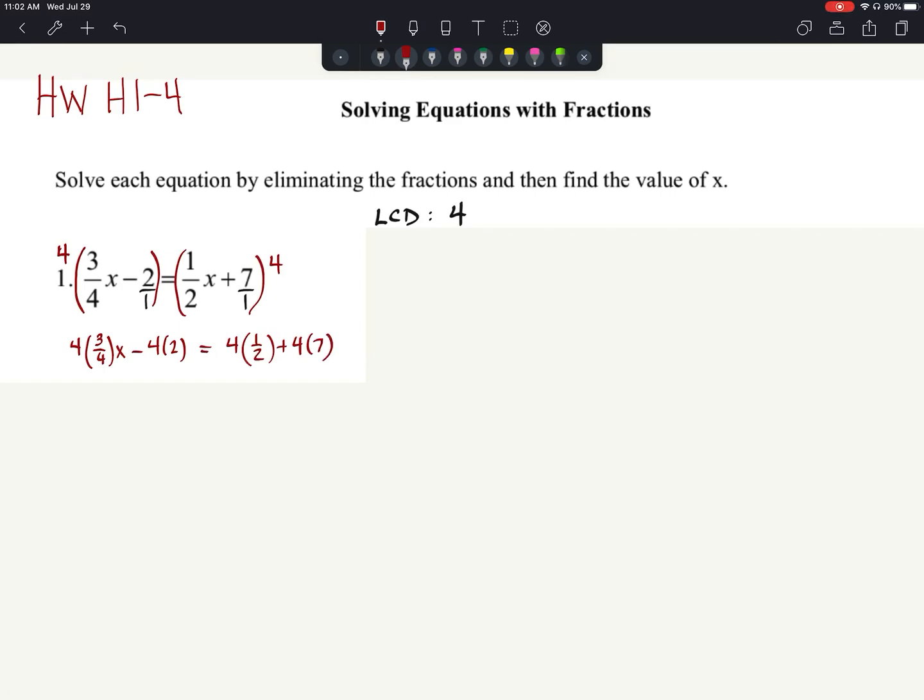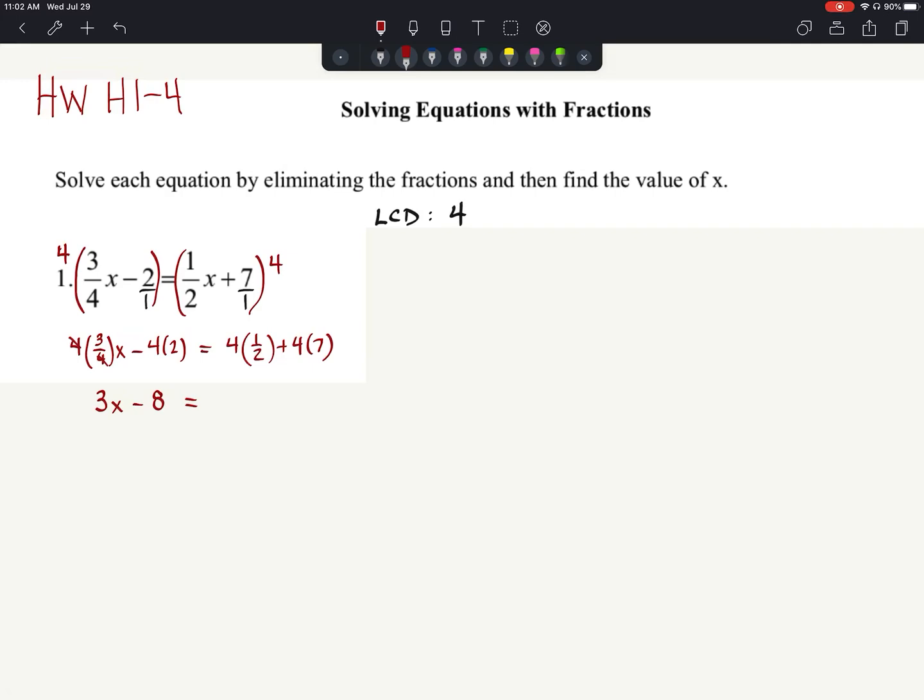I know a lot of you don't like showing as much work. So if you want to do those calculations in your head and write it down, just be careful. 4 times 3 is 12, divided by 4 is 3 again, right? So it's almost like these 4's cancel out. So we have a 3x, and then 4 times 2 is 8, so we have minus 8 is equal to